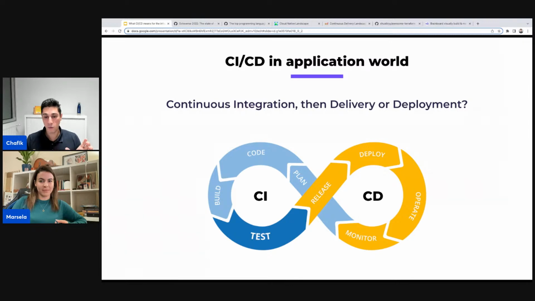So the difference between them: delivery means that the application is ready to go to production. It has been delivered. With deployment, the application has been deployed, rolled out, and used by the end users. It depends on your definition of done, of course, but in best practice, the definition of done includes the application being used by the users. So the real users are starting to use the application. All right, so